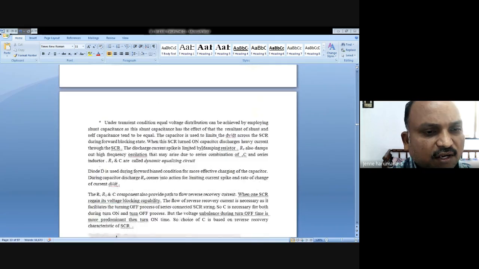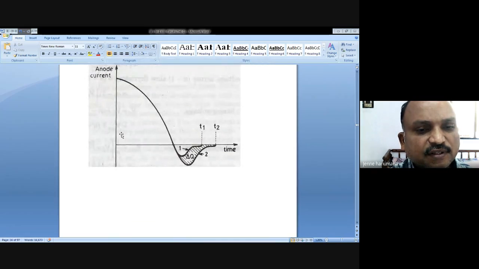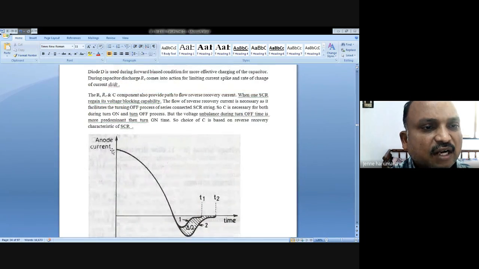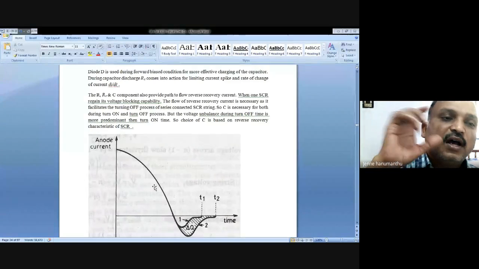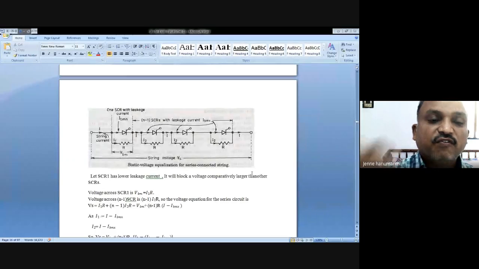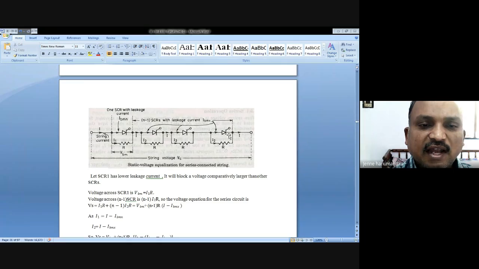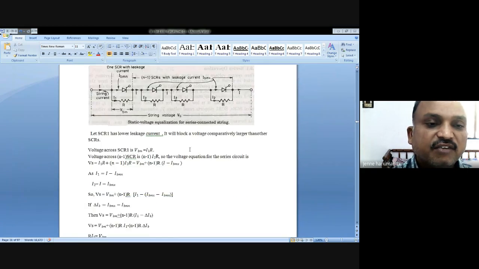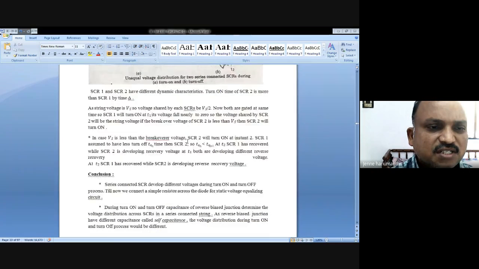And the next one is, if you draw this graph at different timings with the anode current, this graph can be seen in the CRO, cathode ray oscilloscope. If you have a CRO and this circuit, you can get at each point what graph is showing. You can visualize it in the CRO. These are all the graphs you can see in the CRO, but since you don't have a practical laboratory, you just have to recall it.